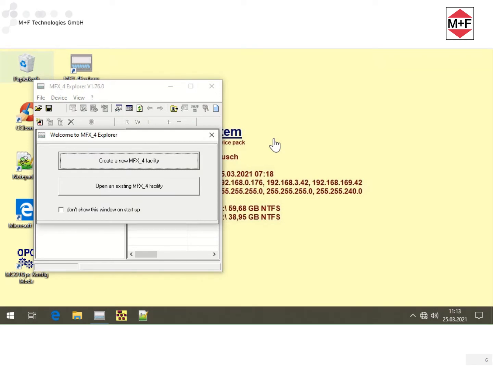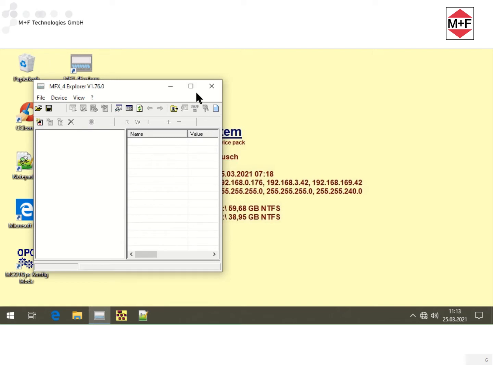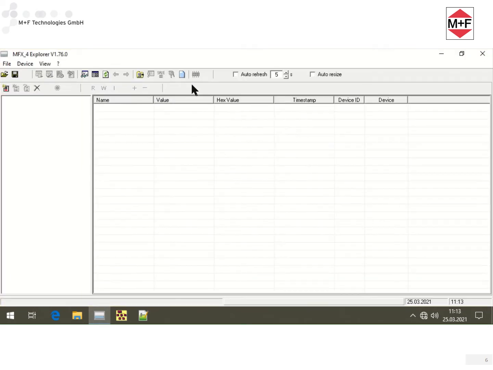When MFX4 Explorer is started for the first time, it appears in a reduced window and displays a message for installing the first device files. Please close this message. Enlarge the Explorer window to full size.